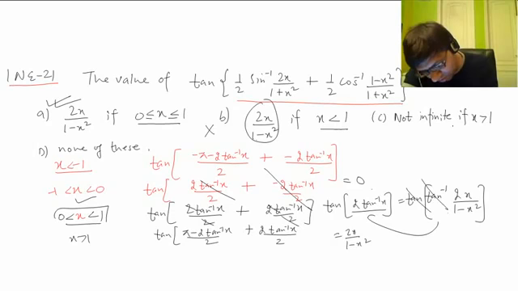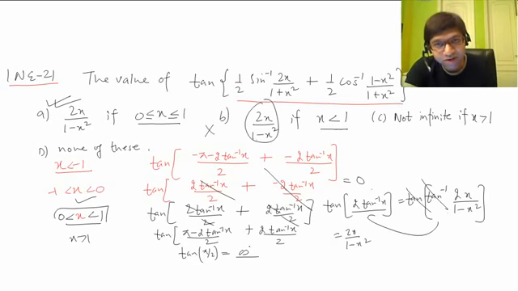C choice says not infinite, meaning finite, if x is greater than 1. If x is greater than 1, it is coming out to be infinity, infinite. So it is not finite, it is infinite. Fine. So only A choice is correct. So you can see this question was exactly the same, only the presentation was different. The solution was the same, where we have to replace the compound forms of the expressions involved.